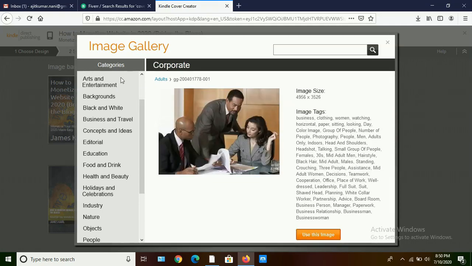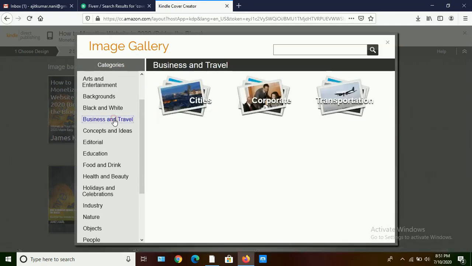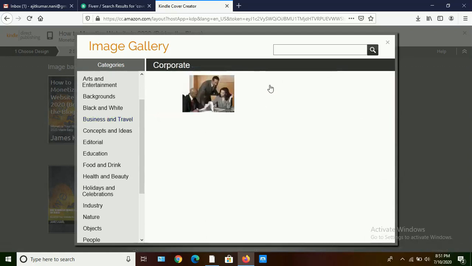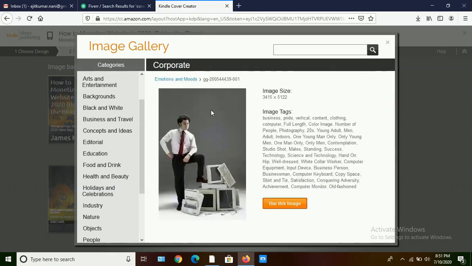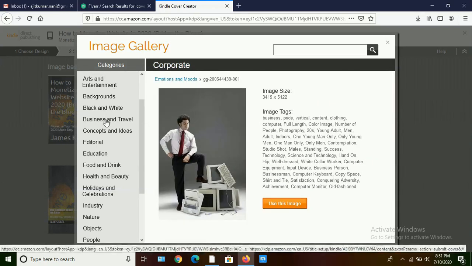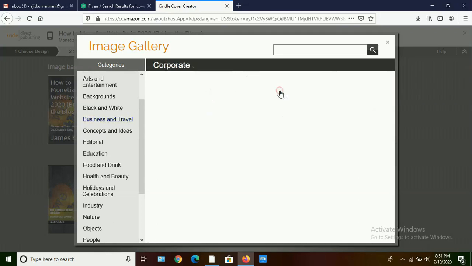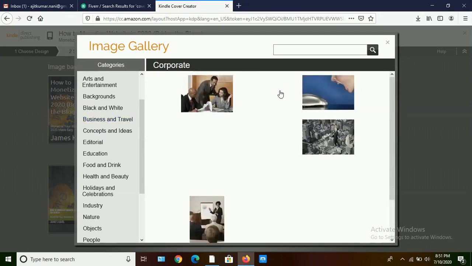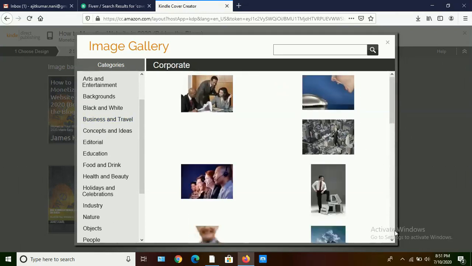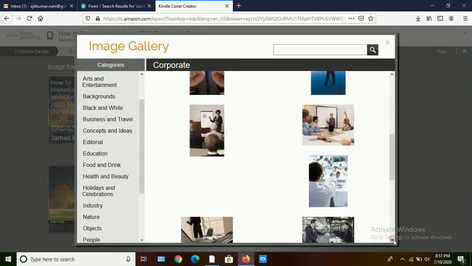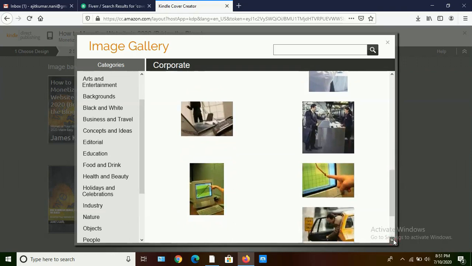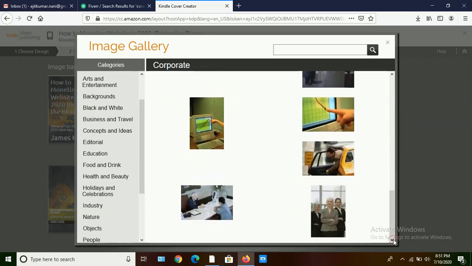Okay, corporate. Under this, no, I am searching for a good cover for my book, clocks and computers, but I didn't find it here.